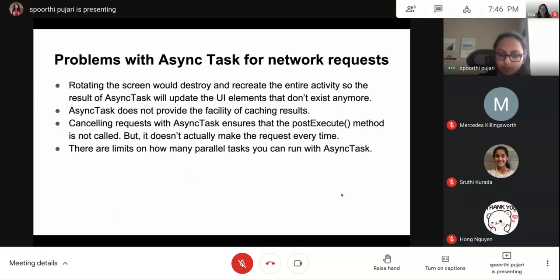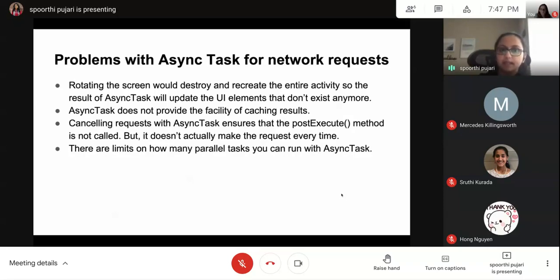So what is caching? Say I'm accessing one API very frequently, or I'm accessing some data from the database very frequently, and my database or my API result has not changed. Instead of doing this long running task of going and fetching from the API every time, I'm going to store those results in a cache. Cache retrieval is much faster than actually reading from the database. So first I'm going to check in my cache if the data exists. If that data exists, I'm just going to fetch it from the cache. If it doesn't, or if the data is updated, I'm going to get it from the database.